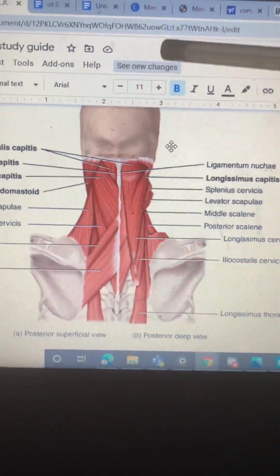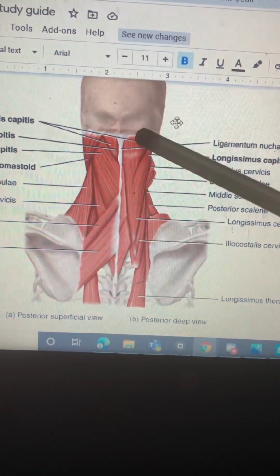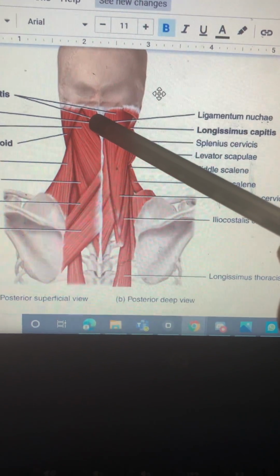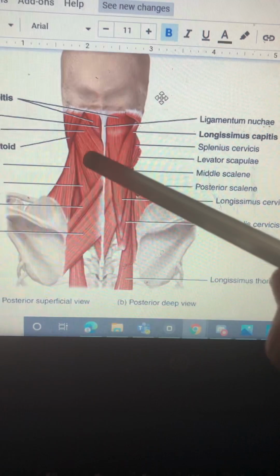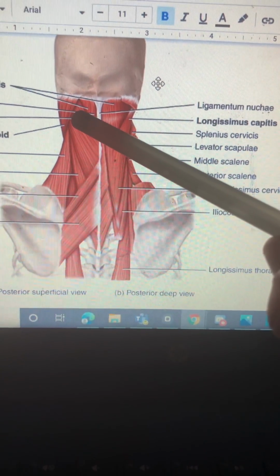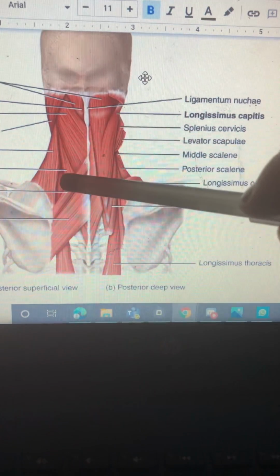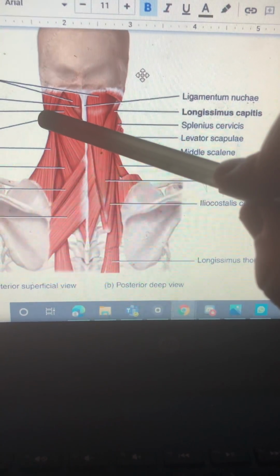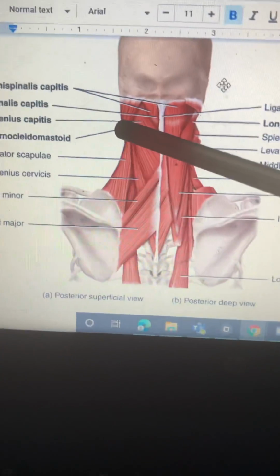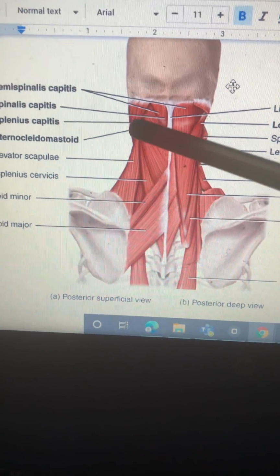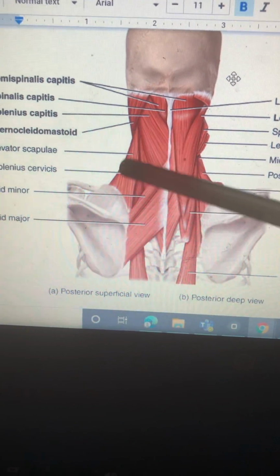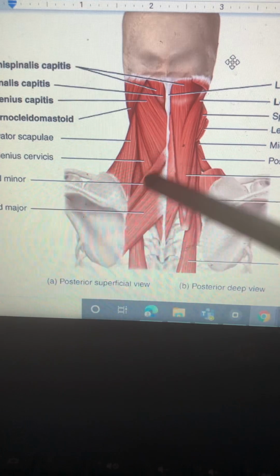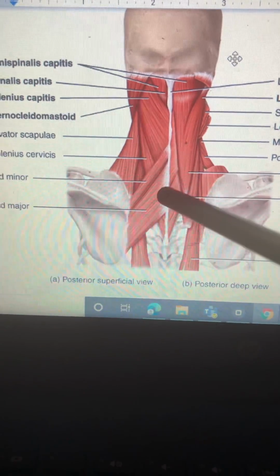So going through it one more time, we have the semispinalis capitis, spinalis capitis, splenius capitis, splenius cervicis, sternocleidomastoid, levator scapulae, rhomboid minor, rhomboid major,